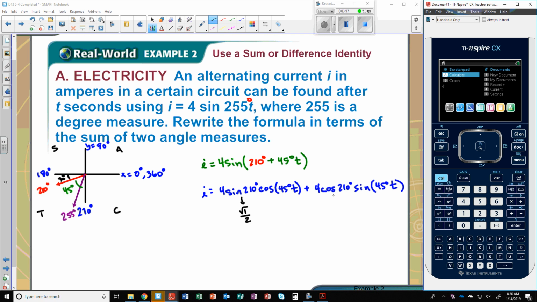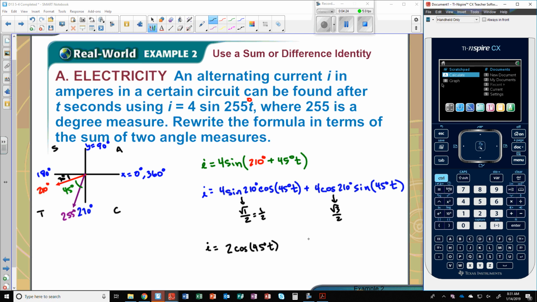And over here, since x is on the bottom, this would be square root of 3 over 2, because I have 3 fingers below the bend and 1 finger above the bend. So if I really wanted to reduce this one more time, I could say this is 4 times square root of 1, which is 1 half. So 4 times 1 half gives us 2,